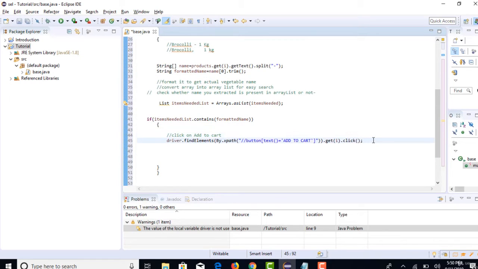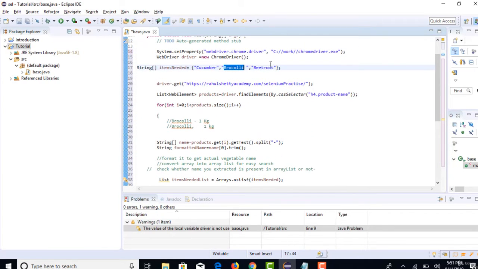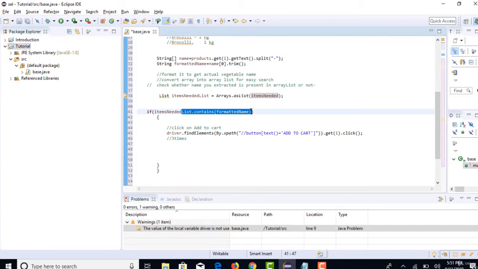So let's say your code came into this block 3 times. Then what does that mean? When it came 3 times, that means all the 3 items are successfully checked by this condition.